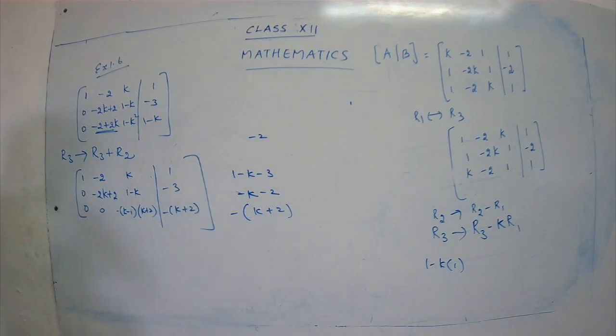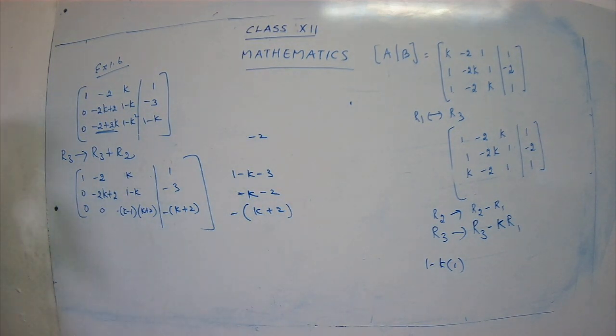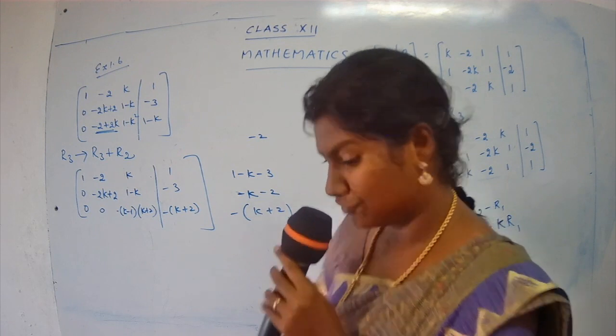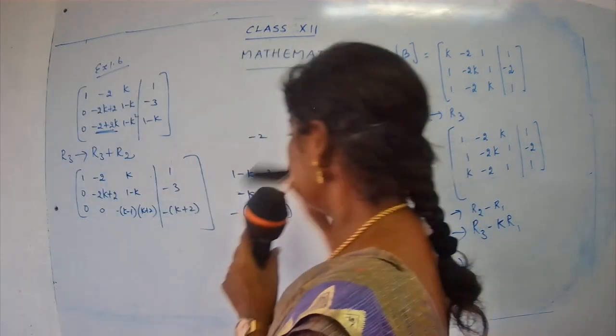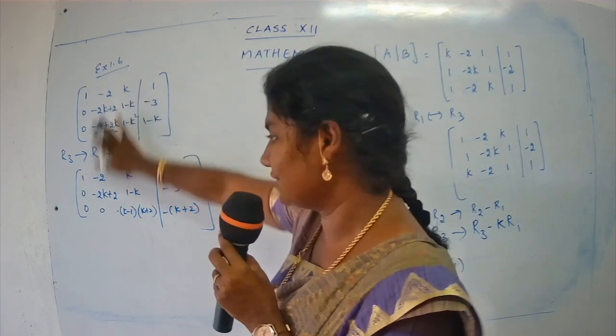I hope the calculation is clear to you. We have just used the factorization part. I hope it's clear to you. Yes, children? K minus 1, k plus 2, minus k plus 2. So this is the important step that we have to arrive at. Once this step is correct, everything goes off smoothly. I'll do a small recap of the last step because you may have a small confusion. Let's check this step once again, children, because this is an important step. If we make a mistake over here, everything goes wrong, because the remaining everything is easy.